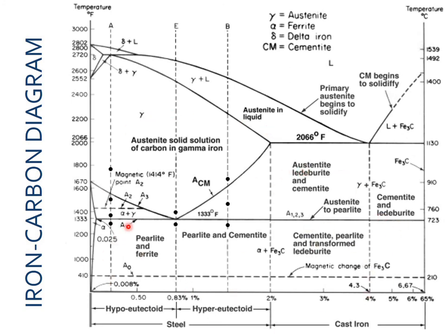So these are several phases discussed in the iron carbon diagram. You can see the liquid phase, the austenite and liquid phase, the whole austenite phase, the austenite and alpha phase, the austenite and cementite phase. This is the pure pearlite. This is the pearlite with the proeutectoid ferrite, and this is the pearlite with proeutectoid cementite. So we have written ferrite and pearlite, and here we have written cementite and pearlite. So this cementite is proeutectoid and this ferrite is proeutectoid as well. And then we have several other phases of cast iron.